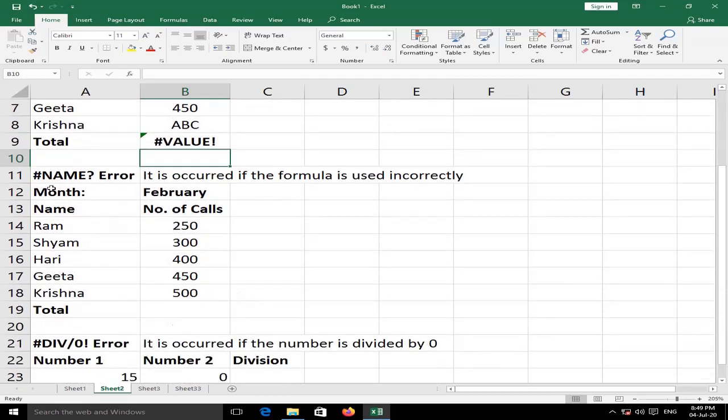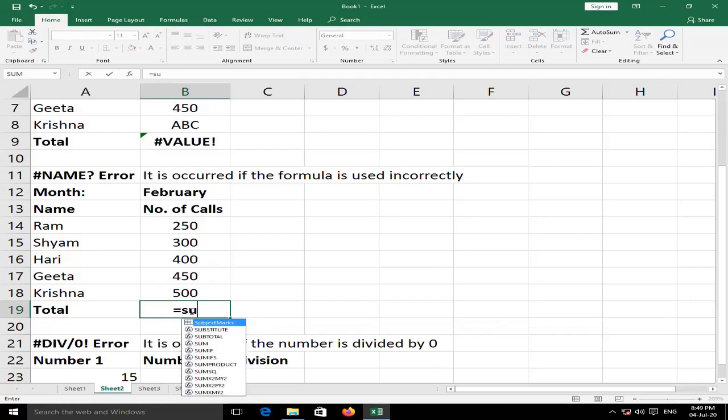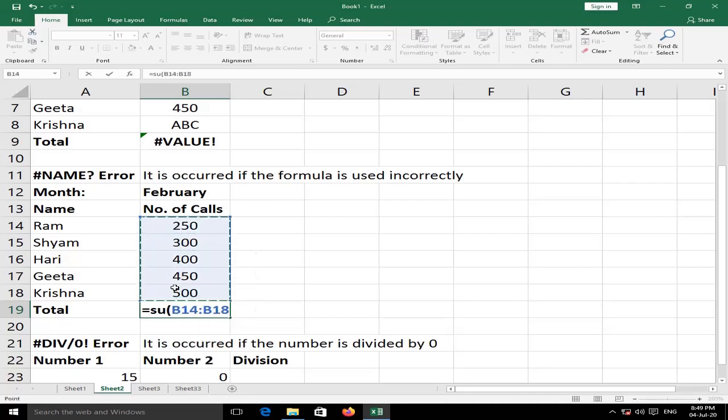Next is the #NAME? error. It occurs if the function name is used incorrectly. Suppose our formula is SUM, but instead of writing SUM, I write something else. Then what will happen? It will show you an error, that is #NAME?, because there is no function available with the name SU.